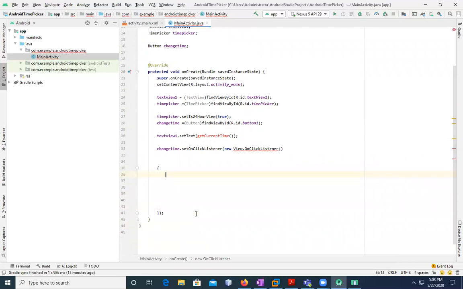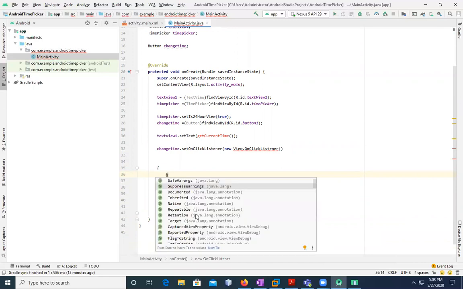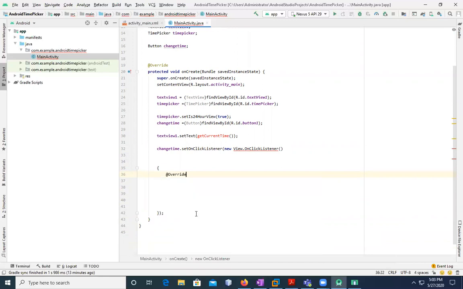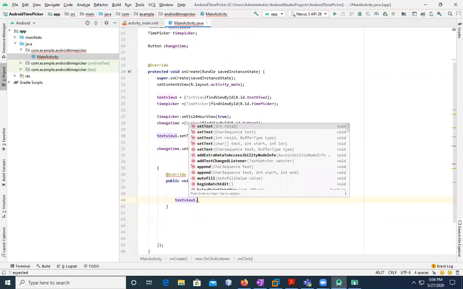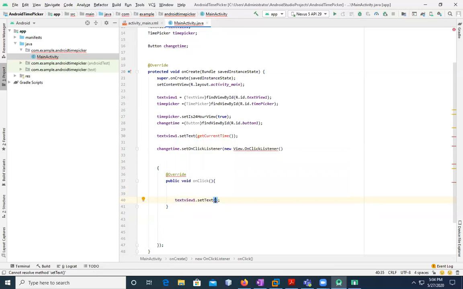So then we're going to use @Override public void onClick method, and then it's textView press dot setText get